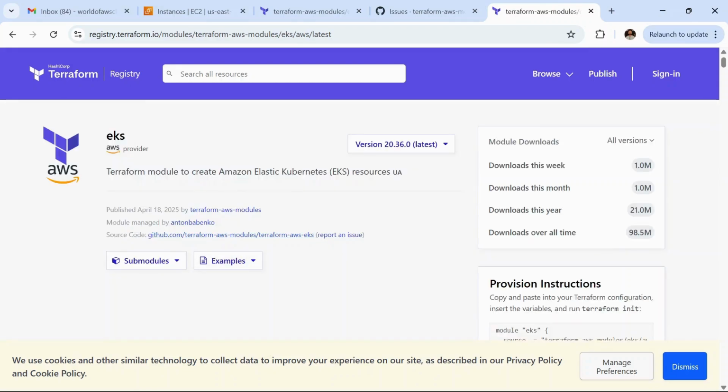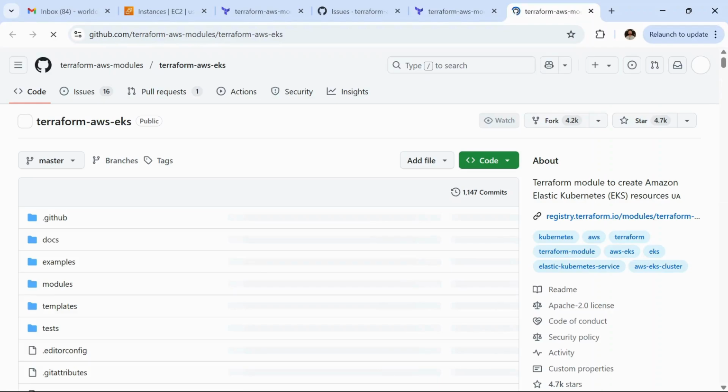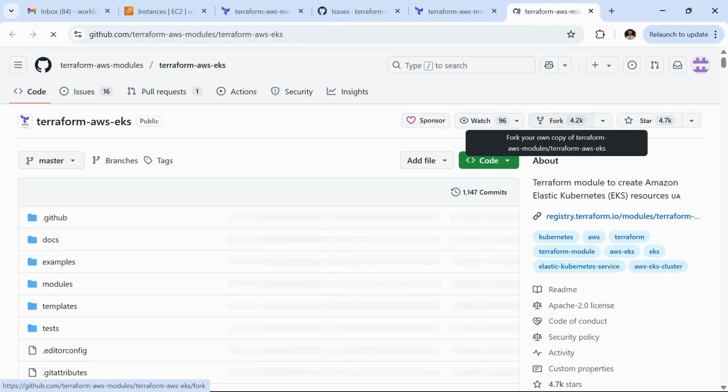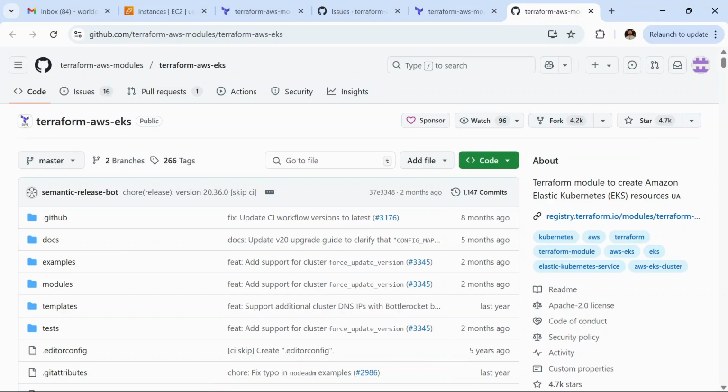As you can see, the downloads over all time are 98.5 million. So you can understand how many organizations and individuals are downloading this module. Okay, so let's open the source code repository here, and if we see, there are 4.2k forks and 4.7k stars, right?